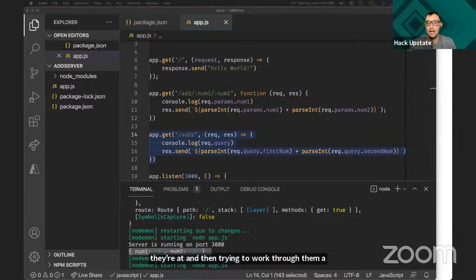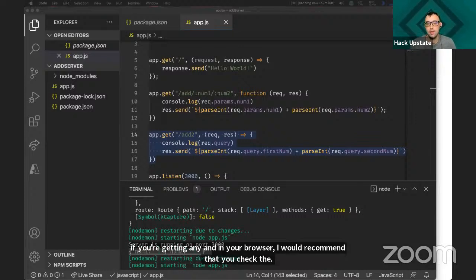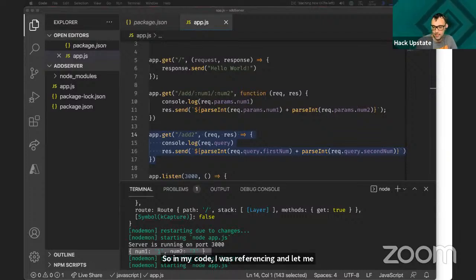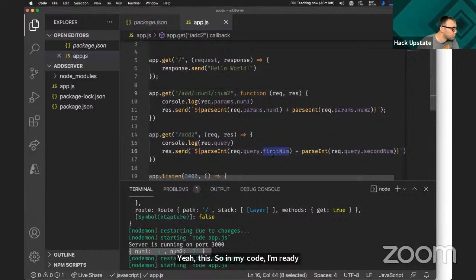Carolyn, if you're getting NaN in your browser, I would recommend that you check the URL and make sure that your URLs match the query parameters in your code. So in my code, I'm referencing first num and second num.